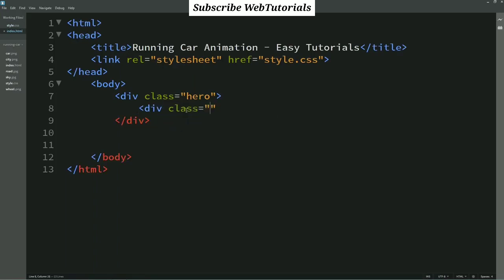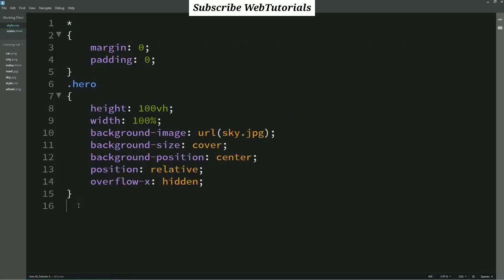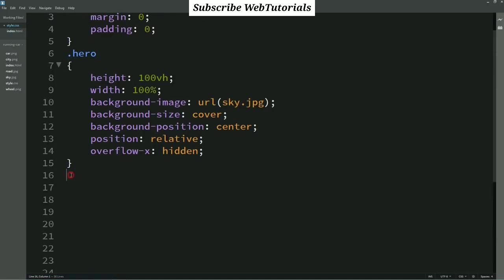Now we will add one more div, and the class name I am writing highway. Let's copy this class name and come to the CSS file. Write it here.